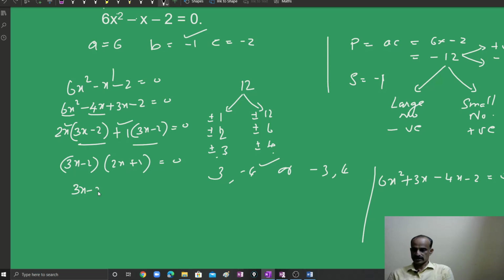So 3x minus 2 equal to 0, or 2x plus 1 equal to 0. X is equal to 2 by 3,